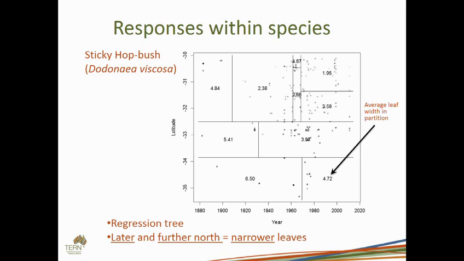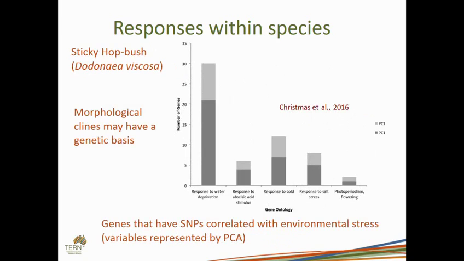So over time, over here, all these collections here have much narrower leaves than the earlier collections. So it suggests that over this period here, there's been actually quite a strong shift in that leaf trait towards a narrower, more arid-adapted morphology. So this is some work from Matt Christmas that was completed recently on the same species, looking at